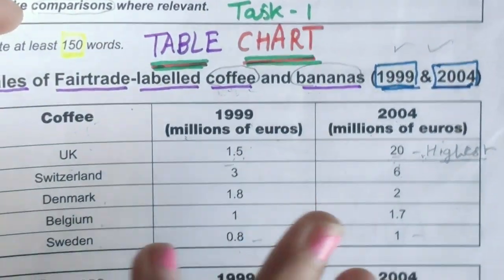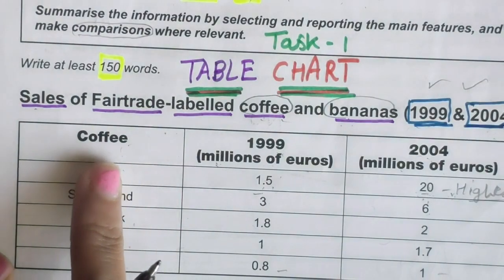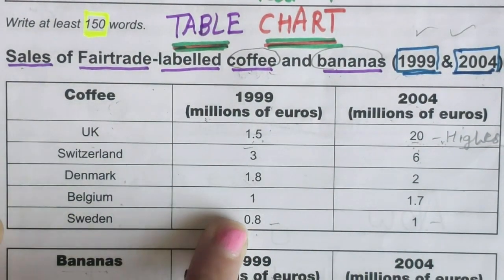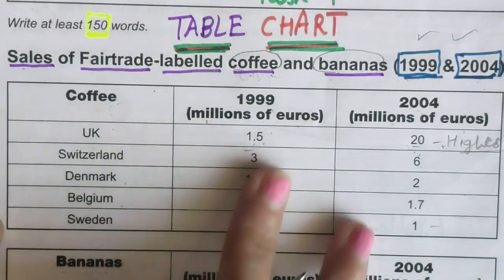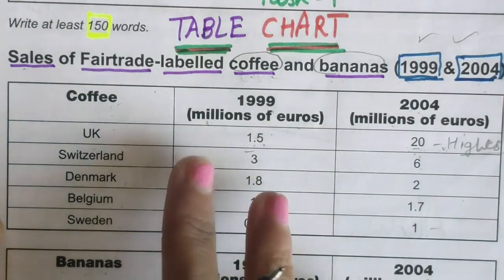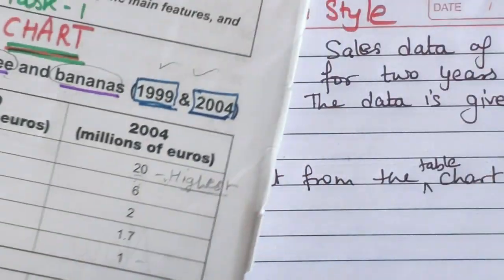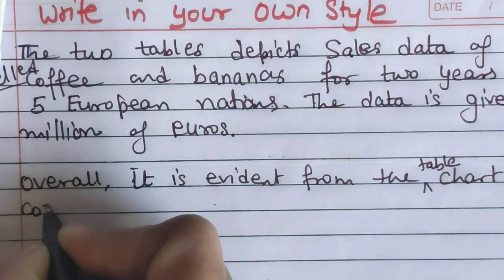Now what is the striking point? Overall you can say that coffee sales from 1999 to 2004, every country has shown an increasing trend. So I will be writing that coffee sales,